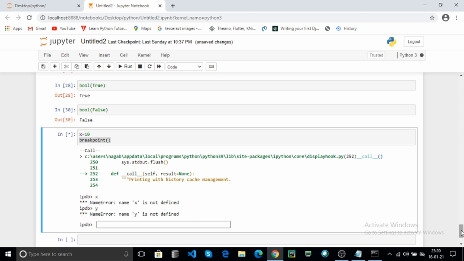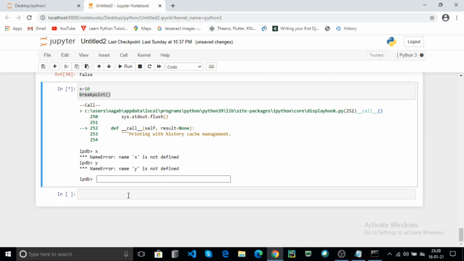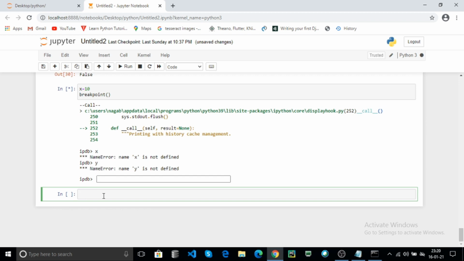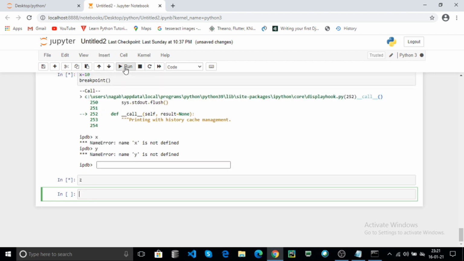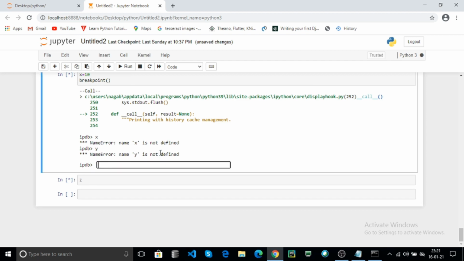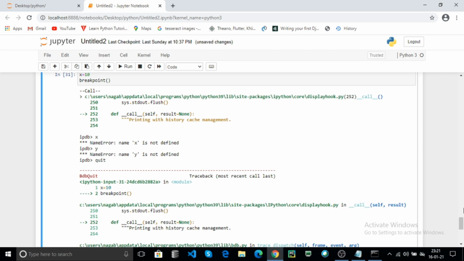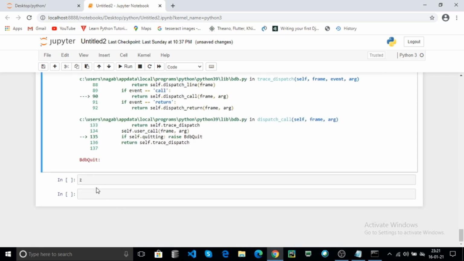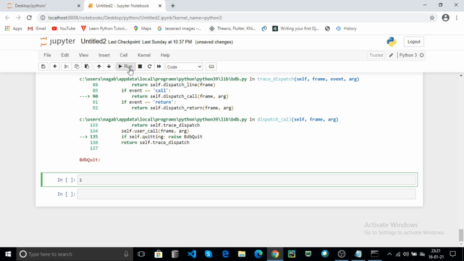This is how the backend Python debugger works. What is the meaning of the Python debugger? For example, without using the breakpoint, this is your cell. For example, z is a variable you did not declare anywhere in the code, and click on run. First quit out of the Python debugger, and after that you can use this cell.